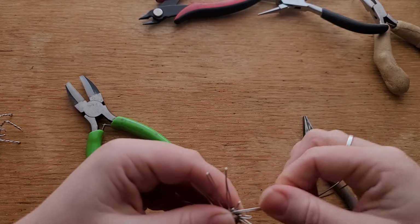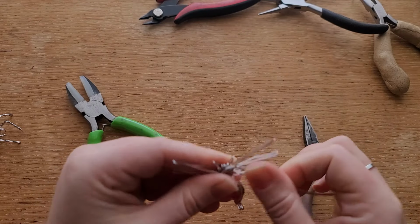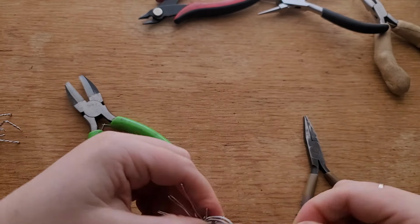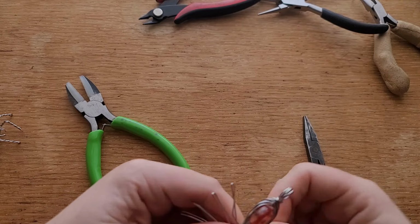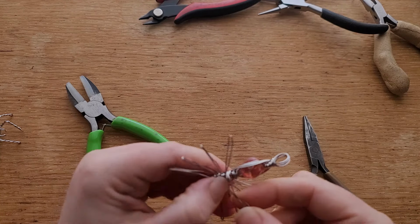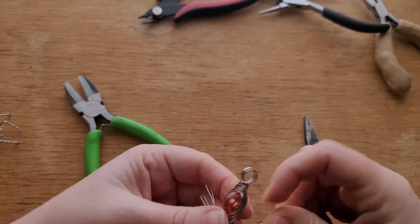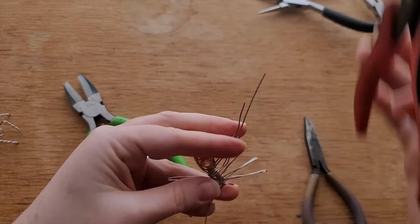like so. And we can have it dip down the front, or I'm going to make it nice and big. And then, no, I'm going to come back one. I don't want my loop that big. I'm happy with my spiral just that size. So I'm going to just tuck this wire here, back to the tummy side. And I'm going to do a single wrap. And we're going to snip right here,